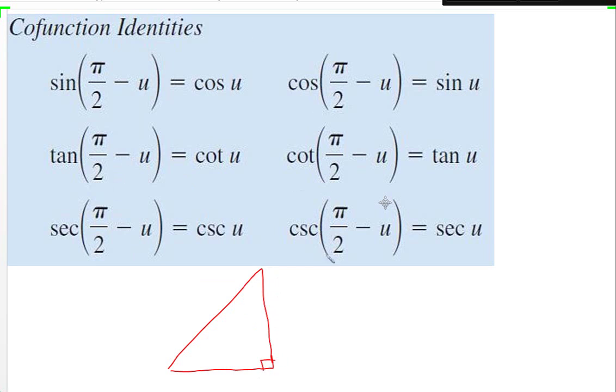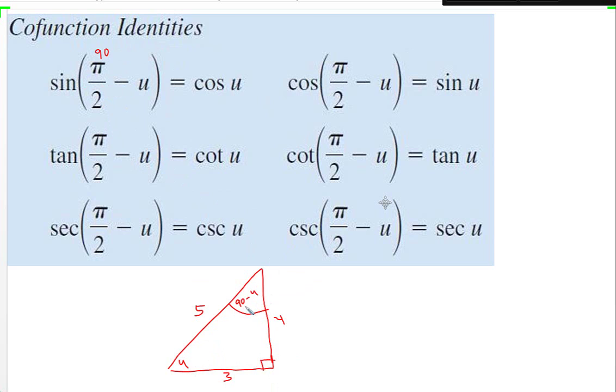So let me explain these cofunction identities and their ideas using a right triangle. So let's say we have a basic 3, 4, 5 right triangle. Let's say this angle right here is angle u. Well, then this angle right here would be 90 minus u, right? Now, basically this says that, hey, if I take a sine of pi over 2, which is really 90 degrees, right, so if I take the sine of this angle right here,